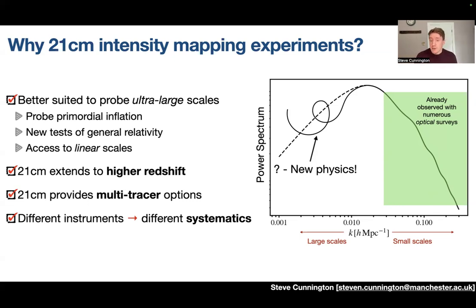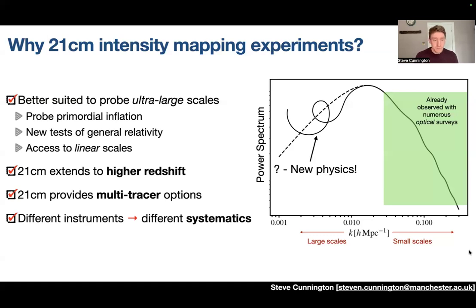Now, the reason this is interesting to do is because on these ultra-large scales, shown by this cartoon power spectrum here, at very small k, where the large scales live, there can potentially be lots of signs of new physics, which we haven't really had the chance to sufficiently probe yet with current surveys. So there'll be things like primordial non-Gaussianity here, which is a window into how inflation works, and tests of relativistic effects. Also, all the modes on these scales are very linear, so linear models work very well on these scales. Whereas going to large k, complicated astrophysical effects start to dominate,